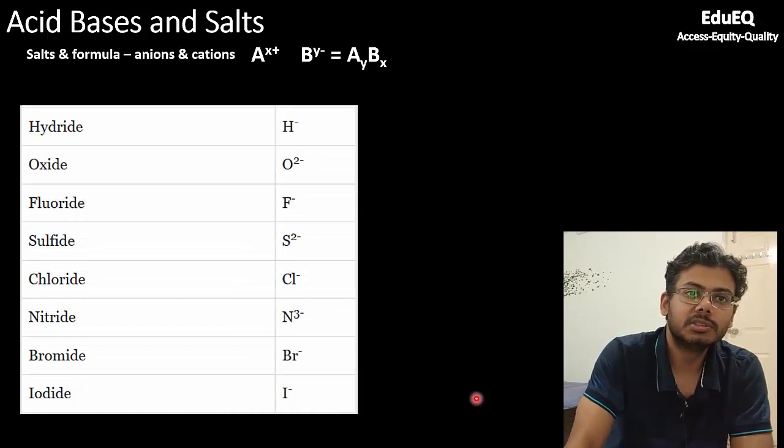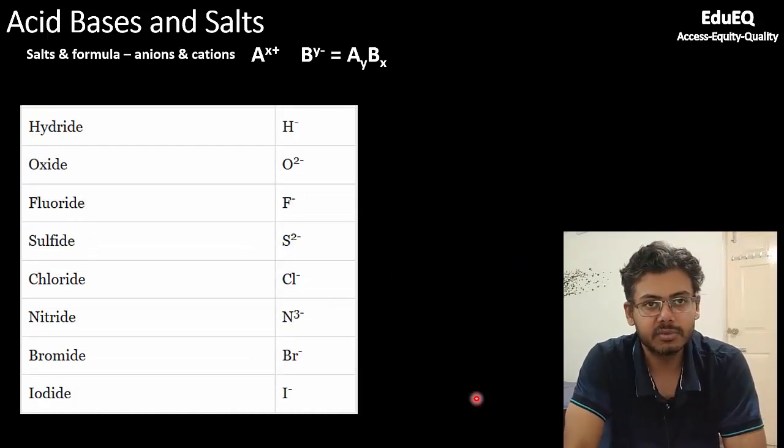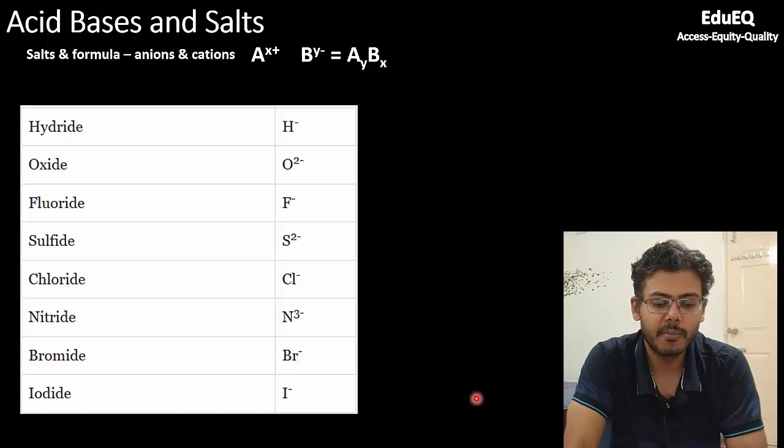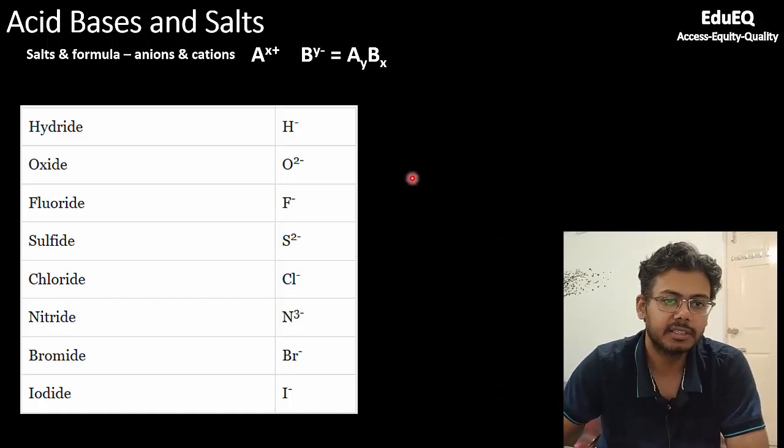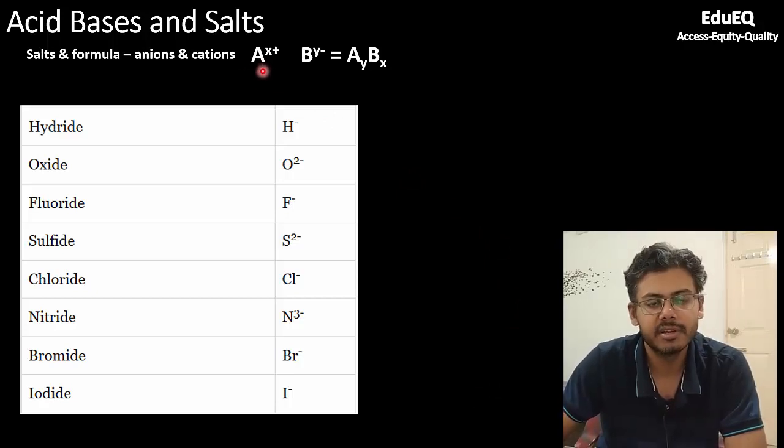Now coming to some of the commonly used anions, which are the negatively charged ions. So when you combine these cations and anions you can write a formula of a salt, and this is what I have represented here, how to write the formula. Suppose this is the cation that you have, for example Na+, and this is for example Cl-.